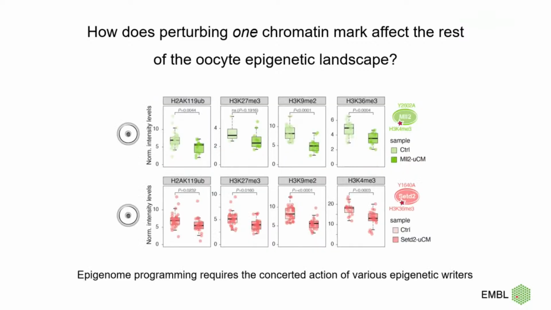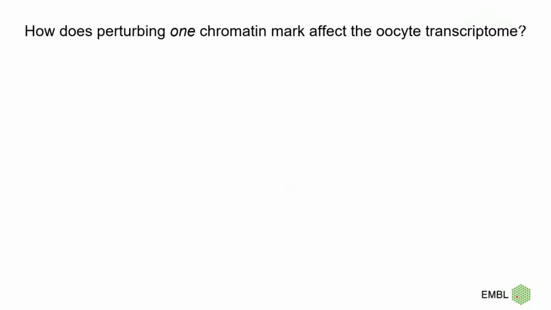On the other hand, when we mutated MLL2 and SETD2, the picture was quite different because we had widespread effects on the levels of other chromatin modifications, implying that setting up the oocyte epigenome requires the concerted action of some of these epigenetic modifiers. But we can also ask what happens to the transcriptome of the oocyte when we perturb